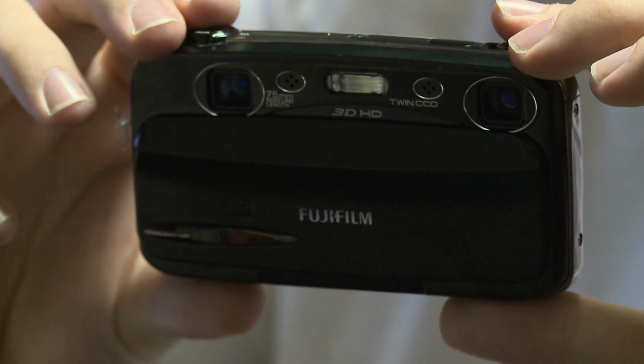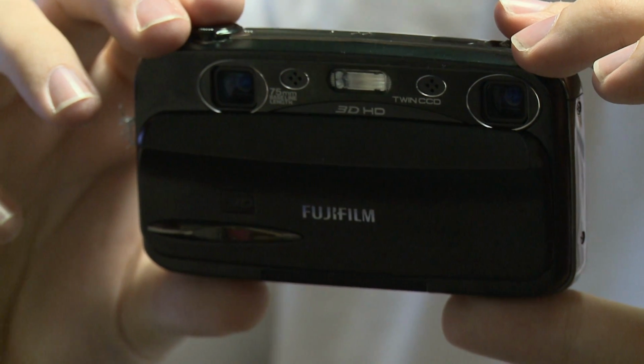Taking a 3D image requires a stereo camera with two lenses. Anyone can actually go out and buy a stereo camera these days. This is one that you can get from Amazon for just a couple of $100s. It's just like a regular digital camera, but you'll notice it actually has two cameras, so it'll take two pictures at the same time. And then it has a display on the back that will actually show it to you